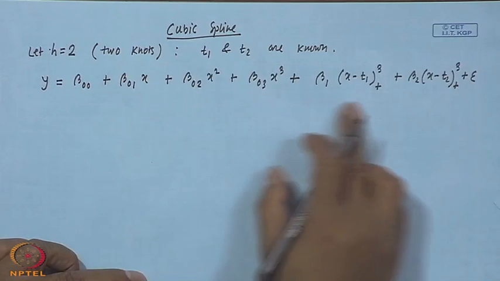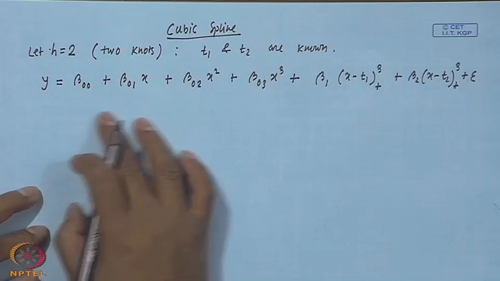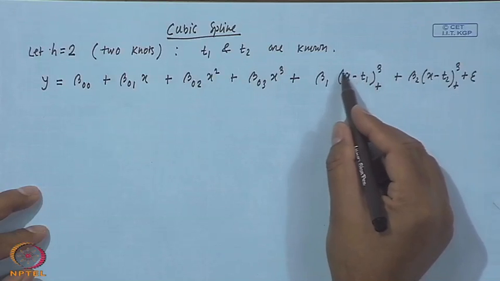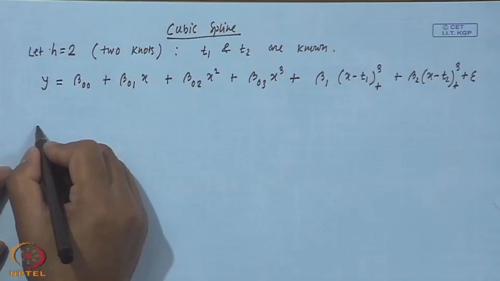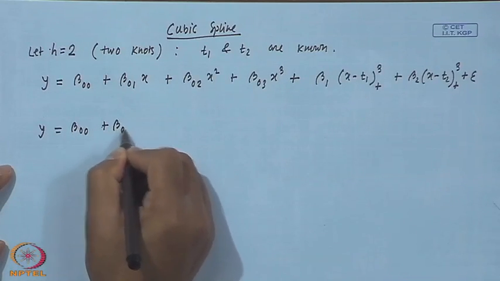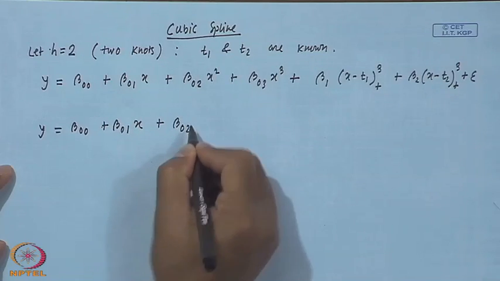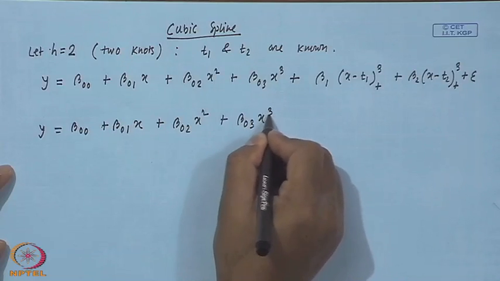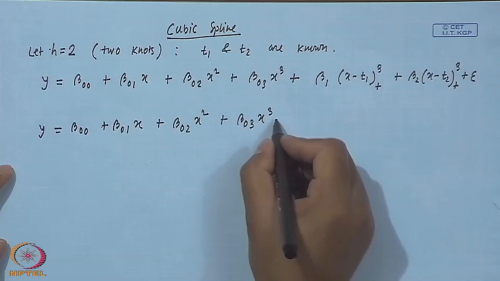So, this is the model we have to fit, and what does this mean? Now, if I use the meaning of this function, then this is nothing but y equal to beta naught naught plus beta naught 1 x plus beta naught 2 x square plus beta naught 3 x cube. So, y is this plus epsilon